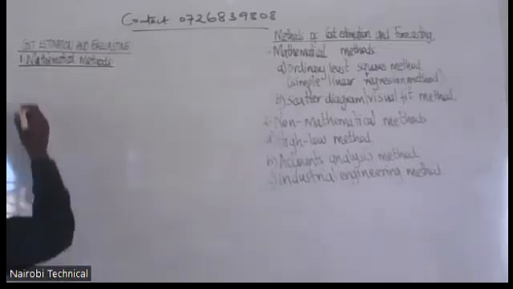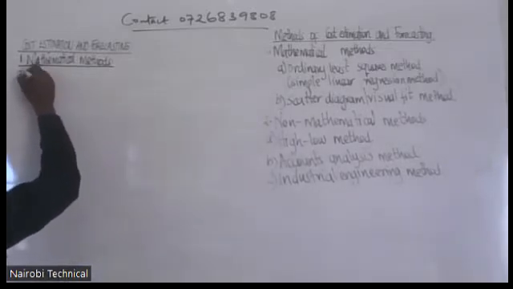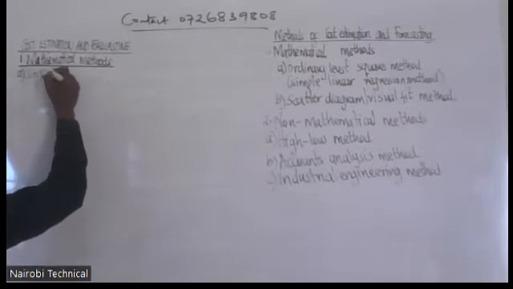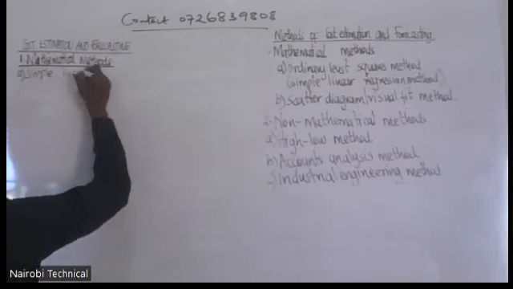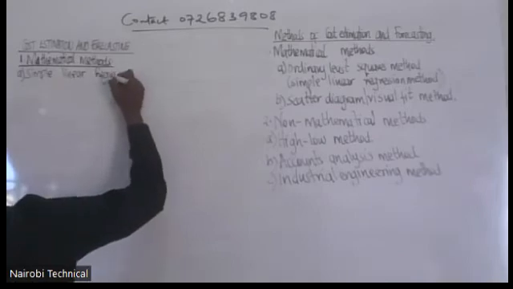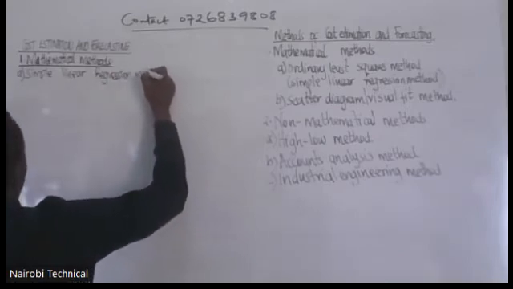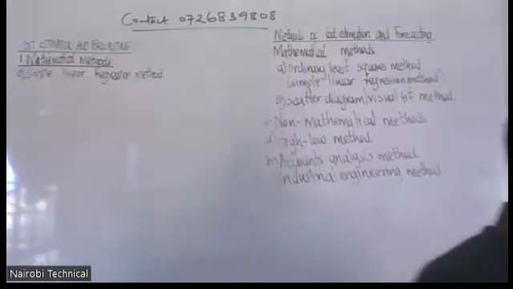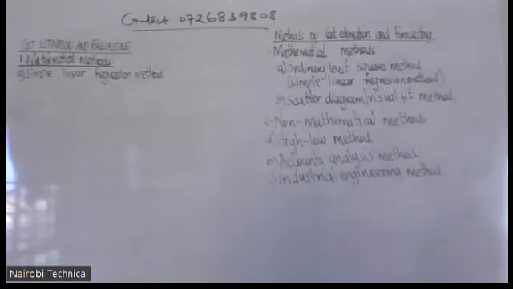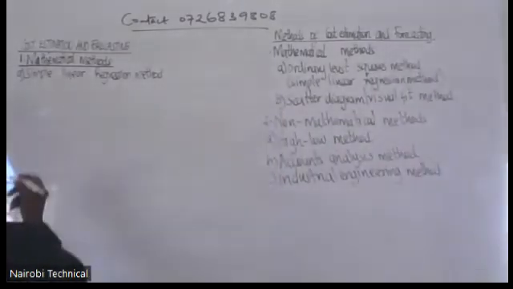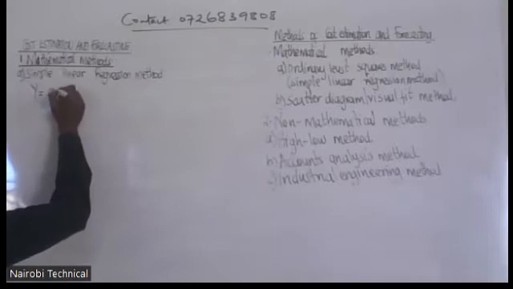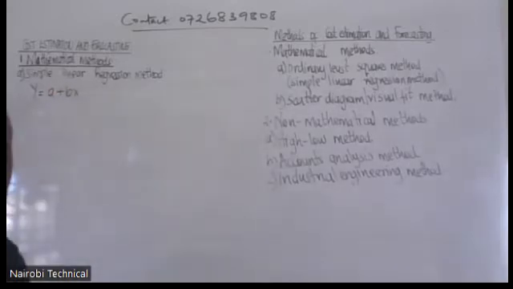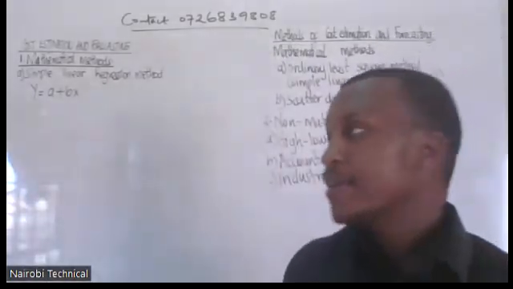Under mathematical methods, you have number A, simple linear regression method. Now, simply, this is a cost estimation method that forms equations of the form y equals a plus bx. Remember, we said a never changes. A plus bx is the equation that is formed such that,